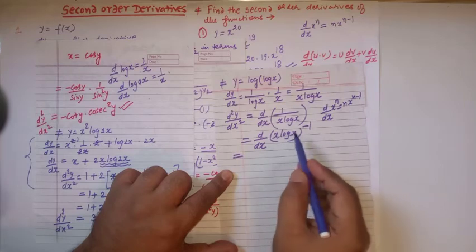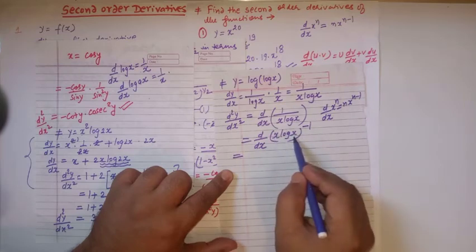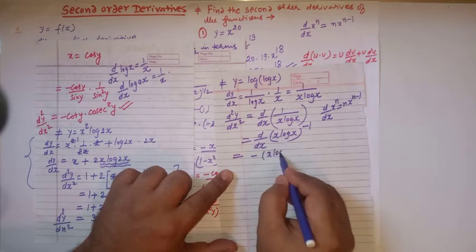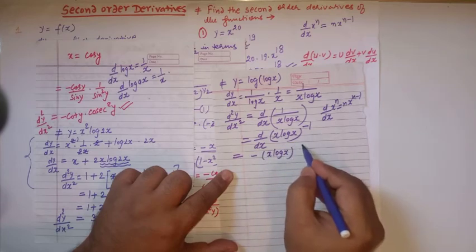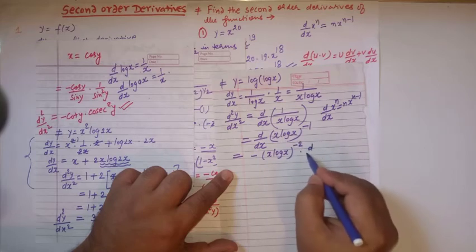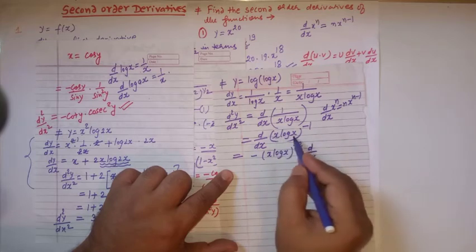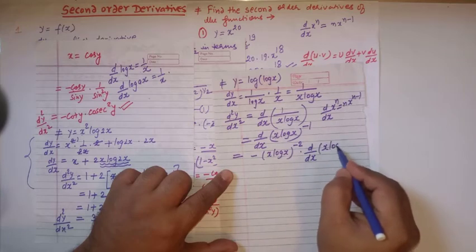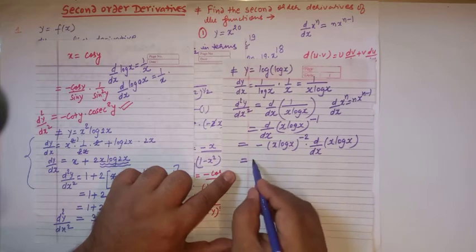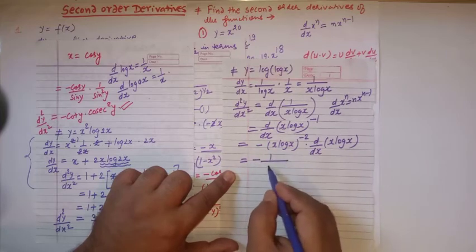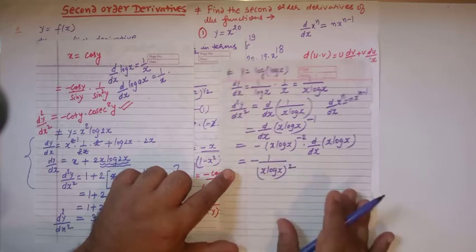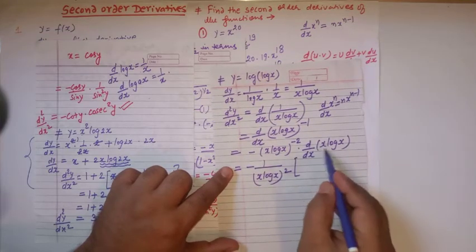So for the time being, if we take x log x as x, so we have minus x log x raised to minus 1, that is minus 2, and then we have to differentiate x log x by chain rule, right? So this is equal to minus 1 over x log x square, and here we'll apply